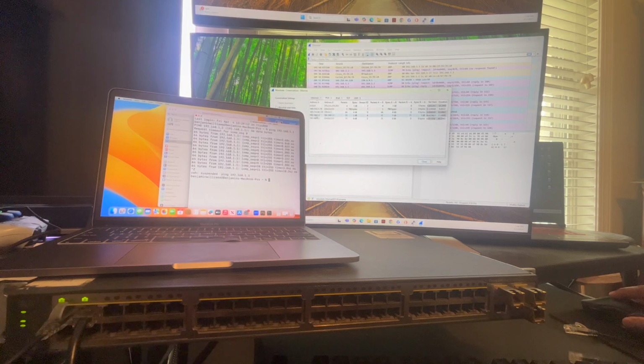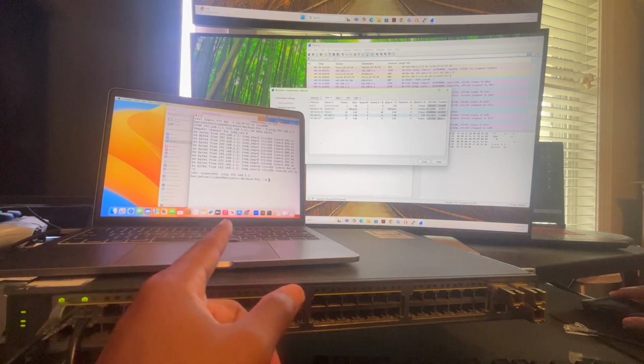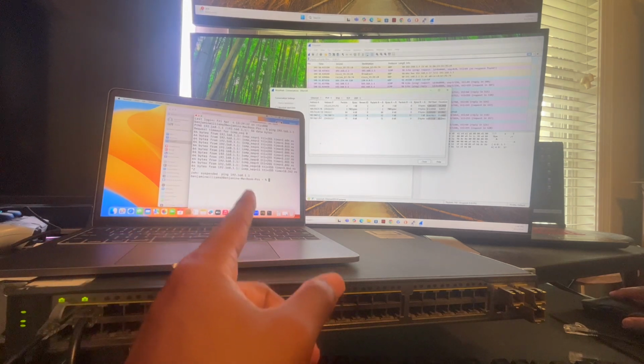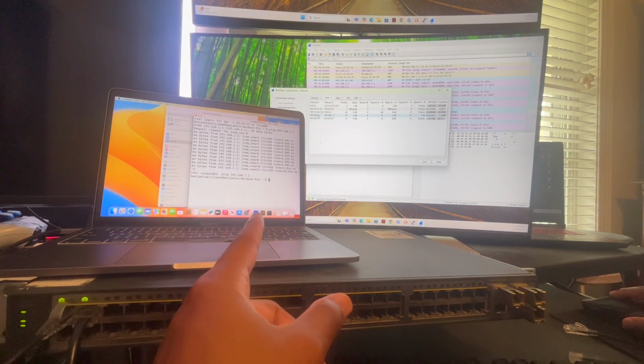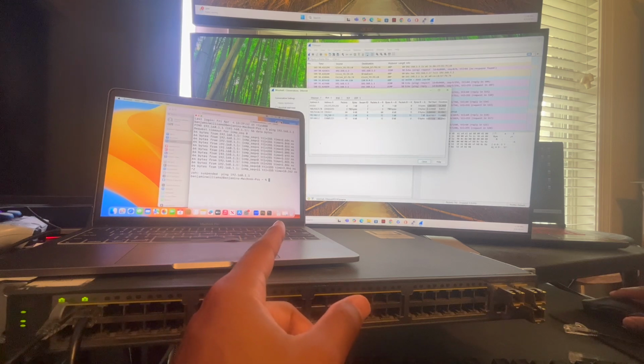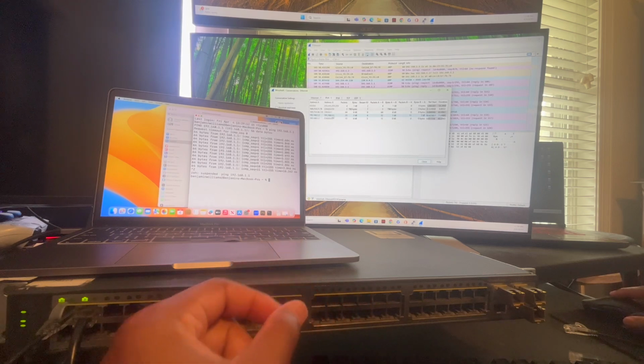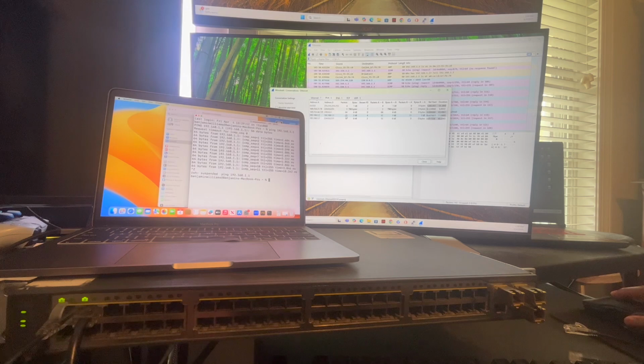That was from the destination IP. So from this MacBook, which was 192.168.1.2, we configured that on this MacBook just a couple of seconds ago, and we pinged to 192.168.1.1, which was this switch. We can see that it sent 23 packets in total. We can see the amount of bytes. We can see a lot more information such as start time, the duration of how long the pings went across